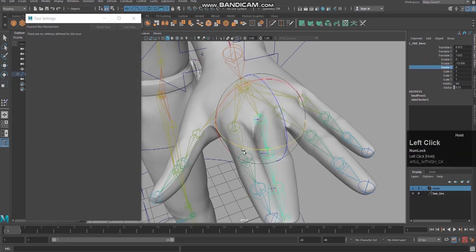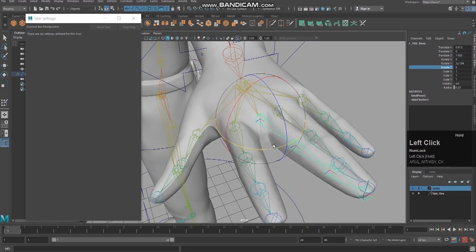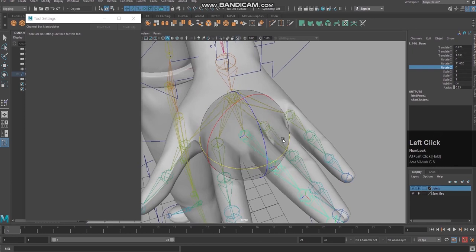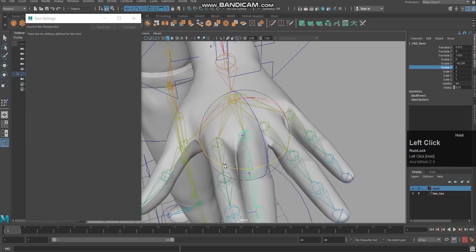See, when I am rotating this, okay, you can see the influence of this bone, the left mid finger base bone, is having influence on this finger here. You can see the mouse pointer. Also you can see, feel the influence of this joint or this bone in this finger. See, when I'm moving this, it is taking influence here, okay.